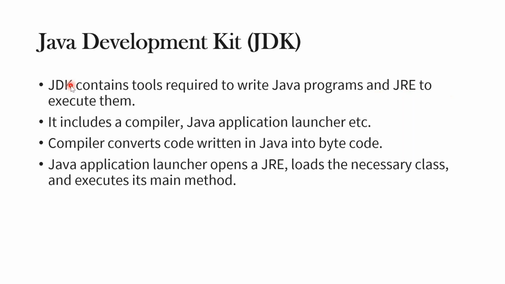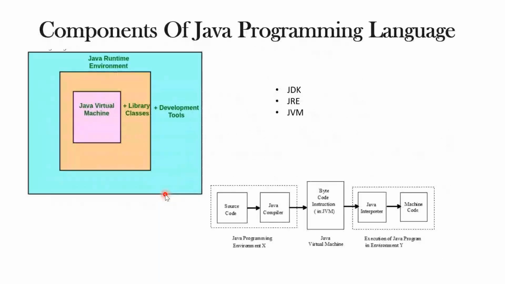because development responsibility is more when compared to the user responsibility, right? So developing an app, developing software, needs more important things. That's why the JDK comes into the picture. So the JDK has some libraries, it contains something which is beyond JRE. So what will this JDK do? It includes a compiler and a Java application launcher also. And one important thing is it will launch and open a JRE, load the necessary classes and execute its main methods. So what it is doing, you will understand in the first slide itself,